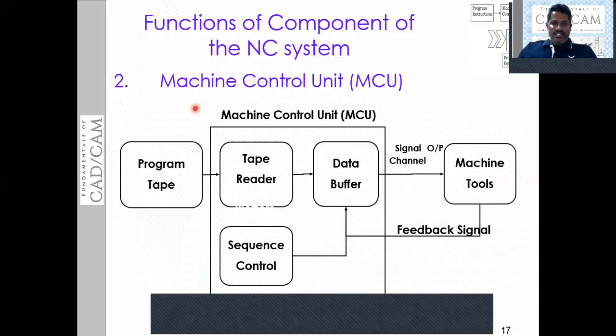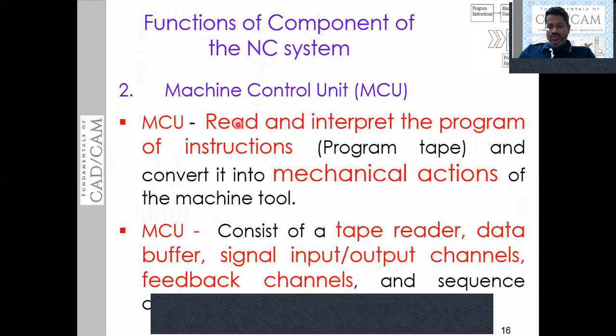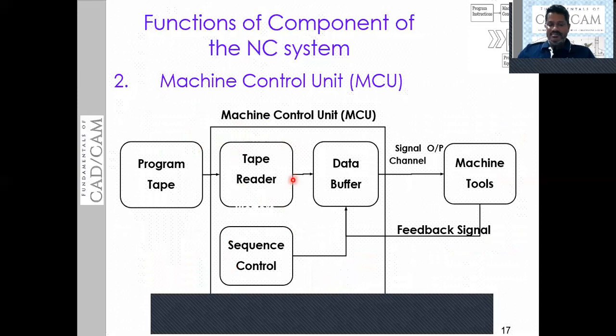This is exactly the machine control unit and its elements. As I said just now, the machine control unit consists of the tape reader, data buffer, machine tool, sequence control, and program tape. The program tape or punched card is fed into the tape reader of the machine control unit.